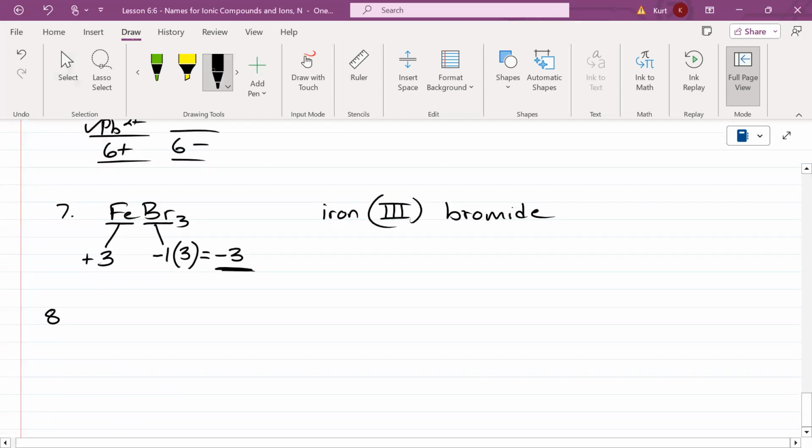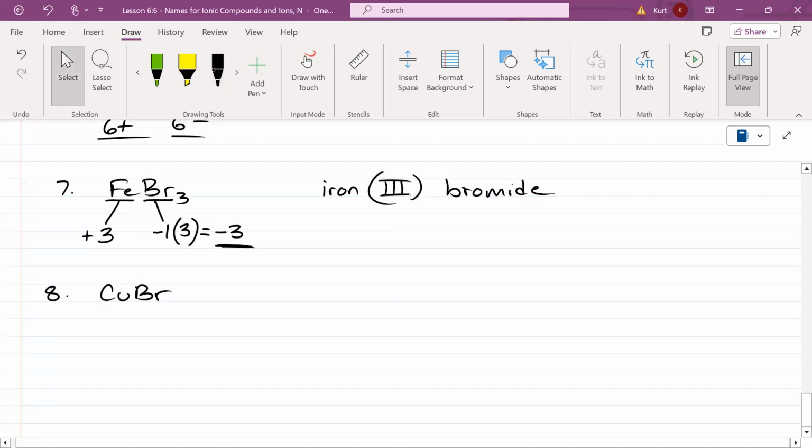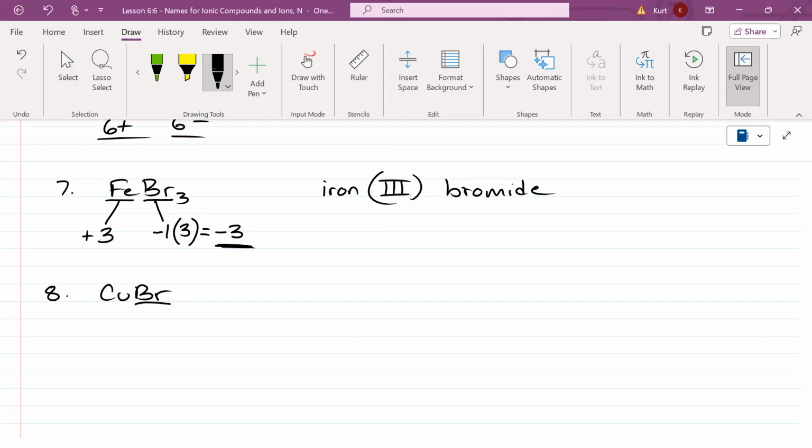Number 8, CuBr. Copper is Cu. It's a transition metal, so you can't deal with that first. You're going to have to look at bromide first. Bromide has a negative 1 charge, and there's just 1 bromide. So what must the charge of this 1 copper be to balance that out? Positive 1. So the name of this is going to be copper 1